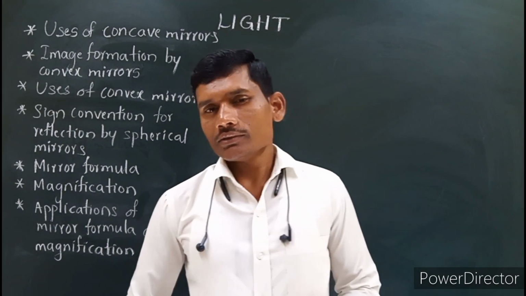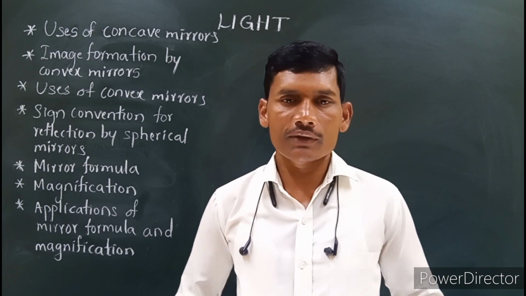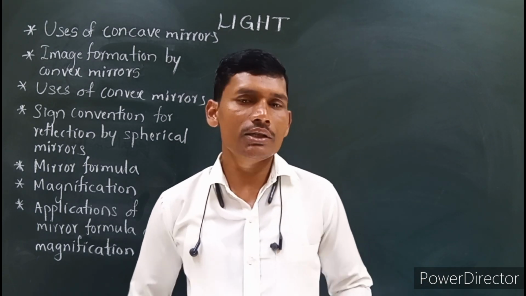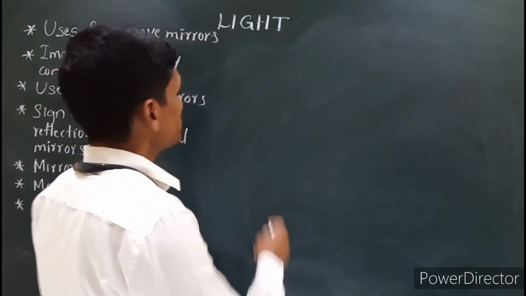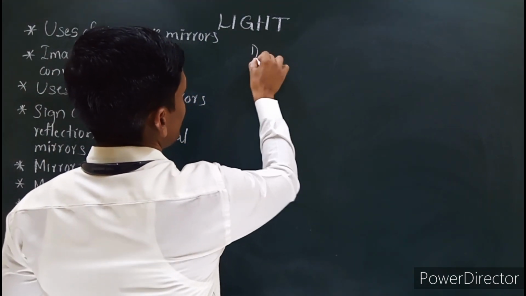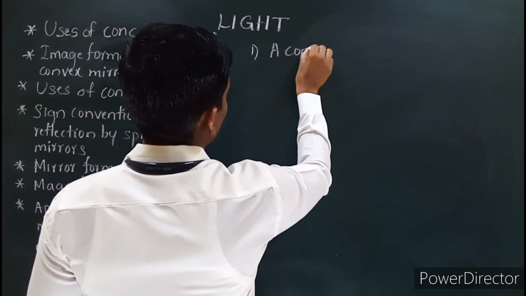Now let us consider two examples on mirror formula and magnification so that we can understand in depth. Now let us take an example which is already given in textbook. What is that? Here first one,